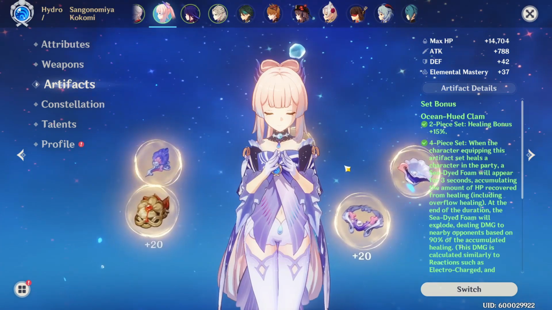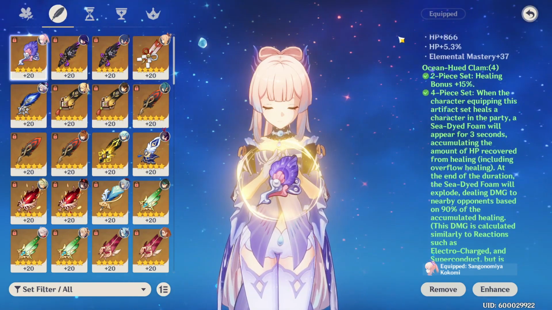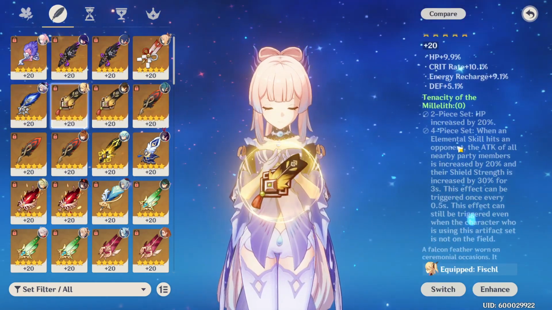Right, I've already spoiled that we're going to be using the ocean-hued clam set. However, it's not the only thing you have to use. This is going to be the best in-slot Kokomi artifact set, especially if you want to deal damage with your Kokomi. However, if you just want her to be a pure support, the Tenacity of the Millelith is still a